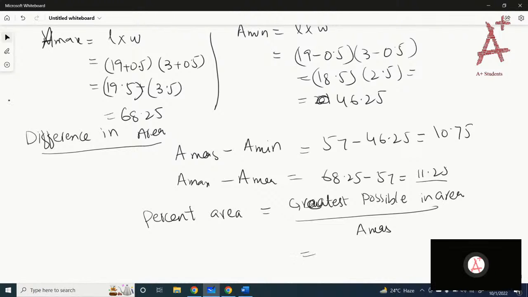So the greatest value is 11.25 and divide it by the measured area. The measured area is 57. So 11.25 divided by 57 is